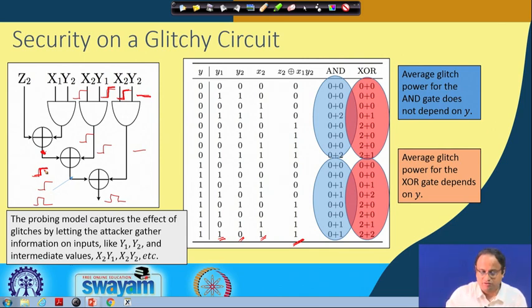Now there is an interesting difference between the transition of x2 and the transition of the remaining things, because in this circuit we assume that x2 comes a little bit later, say a delta time difference later compared to the other glitches. So if I consider the glitch y1 and x2, then y1 comes here, and the x2 glitch comes something like delta time difference later. Therefore, if you consider that the output is an AND gate, here 0 gets processed with 0, so the output is 0. Therefore, the output becomes 1 only after delta time difference.